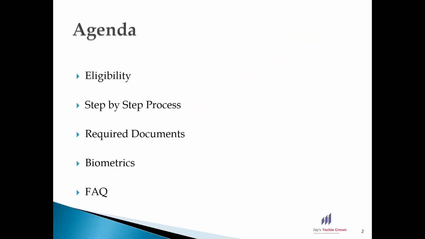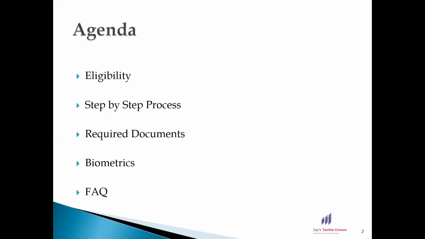The first thing we will be discussing is on the eligibility. When I talk about eligibility, I'm going to discuss about the basic checks a person has to do before he or she applies for a B2 extension. Also, I'm going to discuss about what are the type of visas they can go for the change of status. For example, a person on F2, L2, H4 can go for change of status.